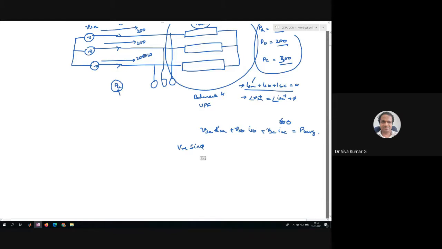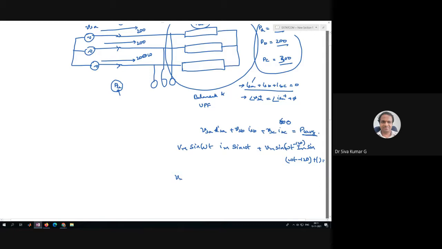Maybe we get Im sine omega t as the current. I'm just checking whether we get a PL average or not with this equation. We are considering the three voltages as balanced voltages: Im sine omega t, and then Vm sine omega t into Im sine omega t minus 120, and sine omega t minus 120. What do we get? And one more equation is there with respect to PL average.